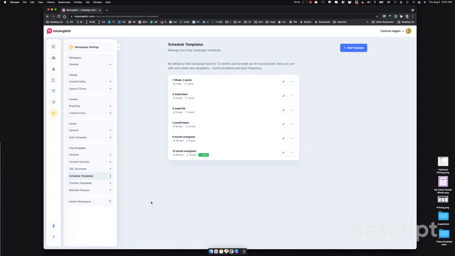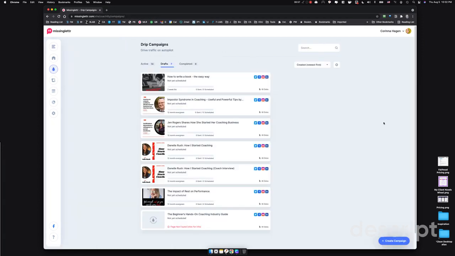What this does is it spreads the repurposed content, those 12 quotes or 6 quotes, whatever you get from your blog post, and distributes it over the course of this time here, either 12 months, or if you want to just spread this over 2 months because it's something that has relevance only in this current season and will no longer be relevant past those 2 months. Perhaps it's an event that you're hosting. You would choose one of these other schedule templates. And so now we create a drip campaign.